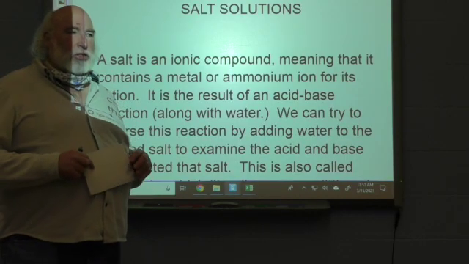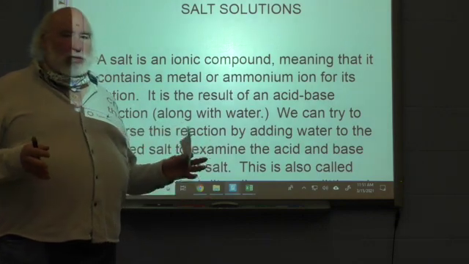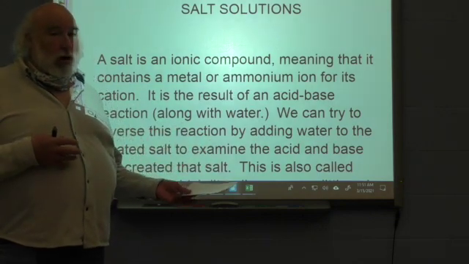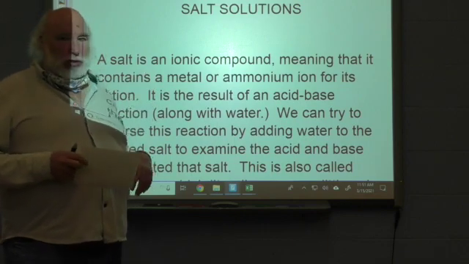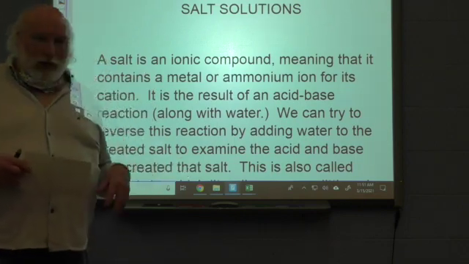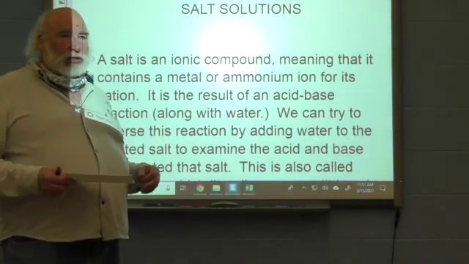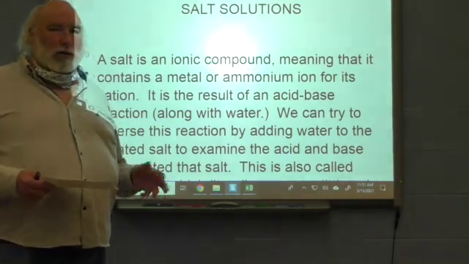All right, this next section is going to be a combination of weak acids and weak bases, with some strong acids and strong bases thrown in for good measure. It's all about salt solutions. When you dissolve a salt and it breaks up into two parts, it's going to react with the water in